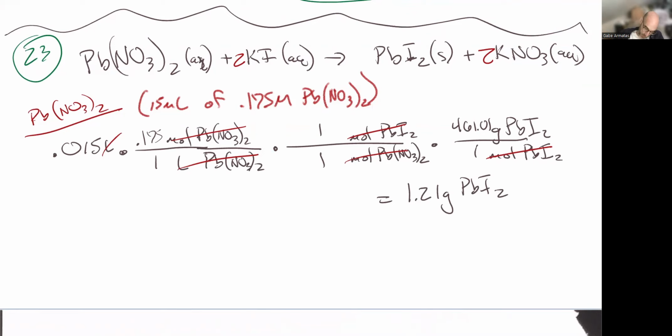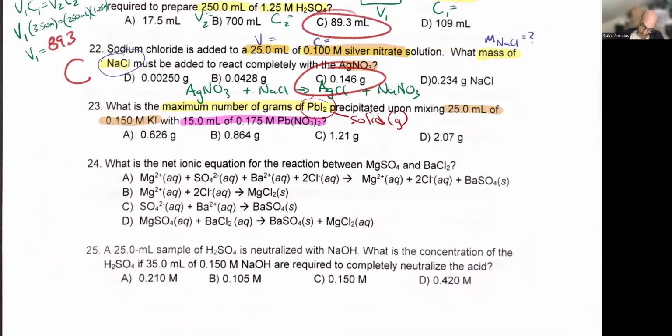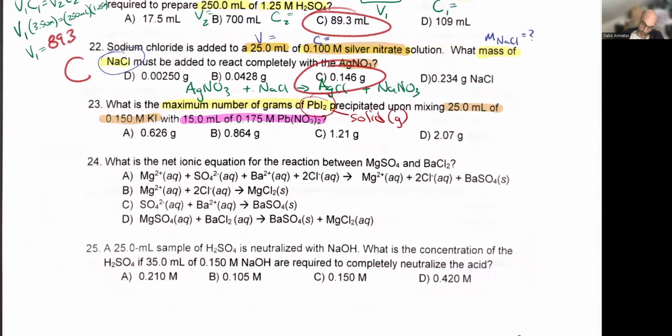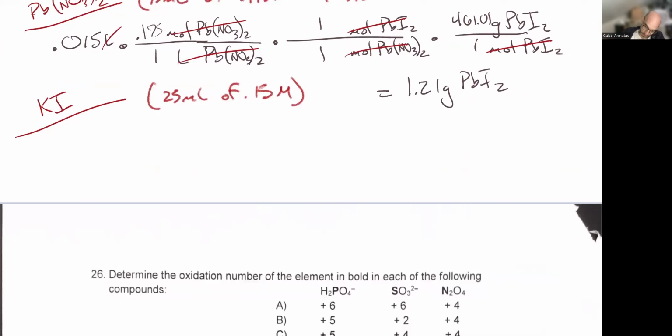So now let's try the other one. Let's start with my KI and see how much I can get. So we have to check the concentration of KI. My KI is 25 mils of 0.15 molar. And off we go. And luckily we've got everything we need this time. So 0.025 liters, because I want liters to cancel, of my 0.15 moles of KI per 1 liter of KI